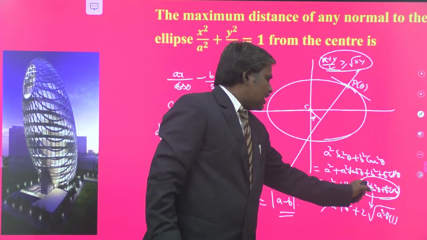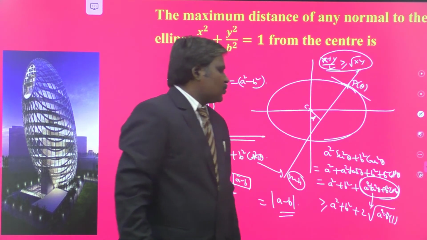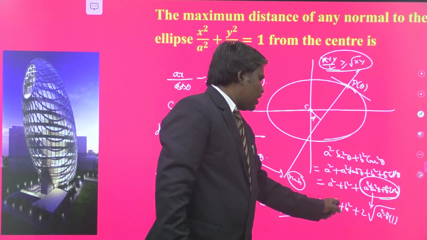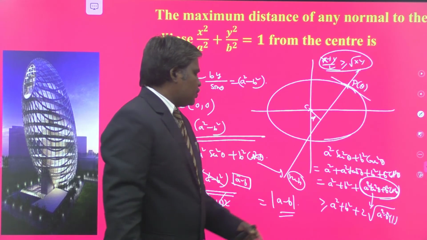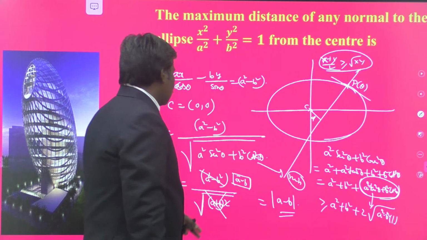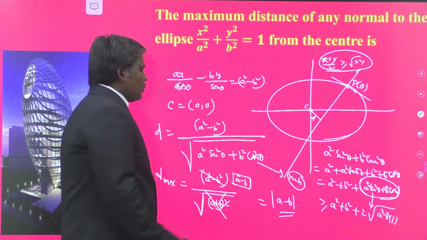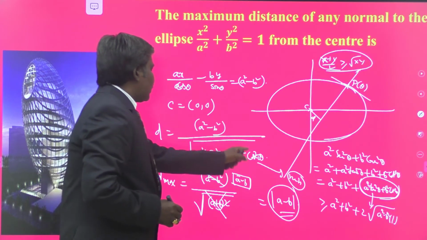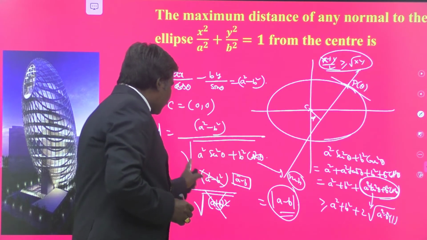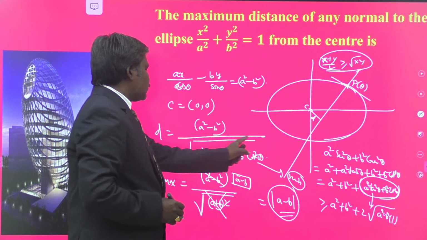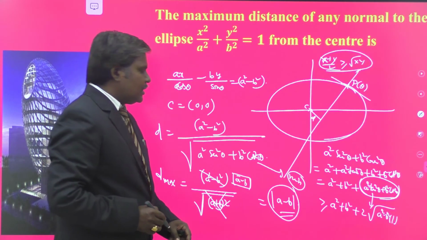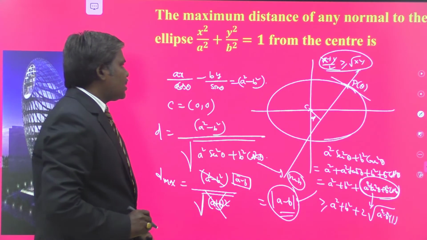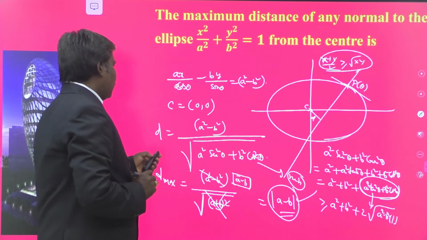We use the condition for this expression, a square tan square theta plus b square cot square theta, and we get 2ab, and already we have a square plus b square. So a square plus b square plus 2ab is nothing but a plus b whole square. We use here that the maximum distance is mod a minus b. So to get the maximum value, the denominator must be minimum. The minimum value for this one is a plus b whole square. Already a square root is there. Square and square root get cancelled here. So we obtain modulus of a minus b as the result. Understand? Next one.